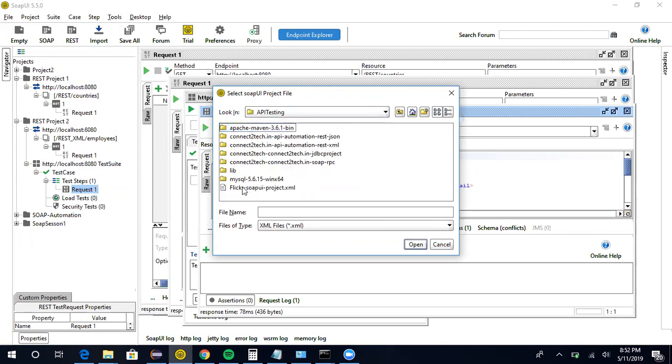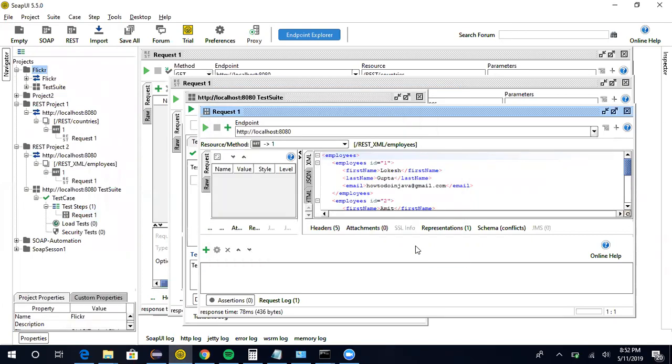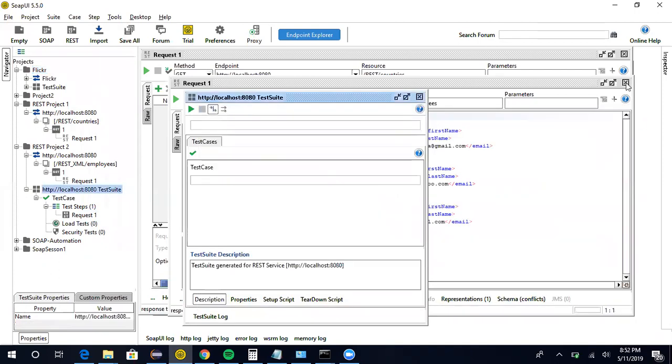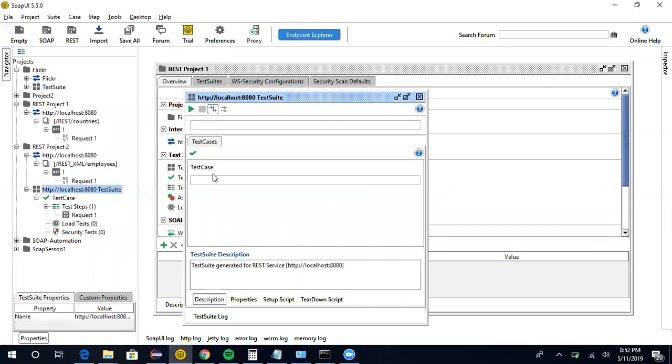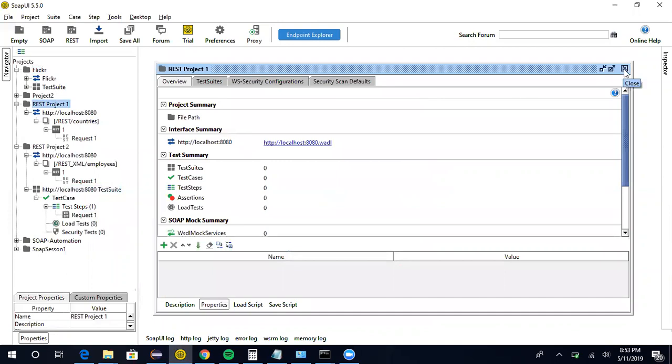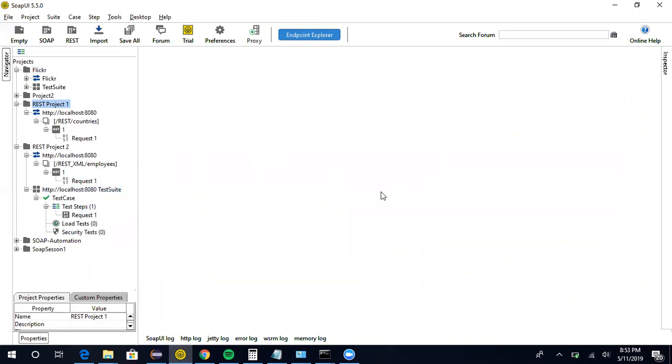Select that file here. Click on open. Close these other windows, the ones that are open. Yeah, please quickly close. Okay. Now what we have done is we have imported an existing project,